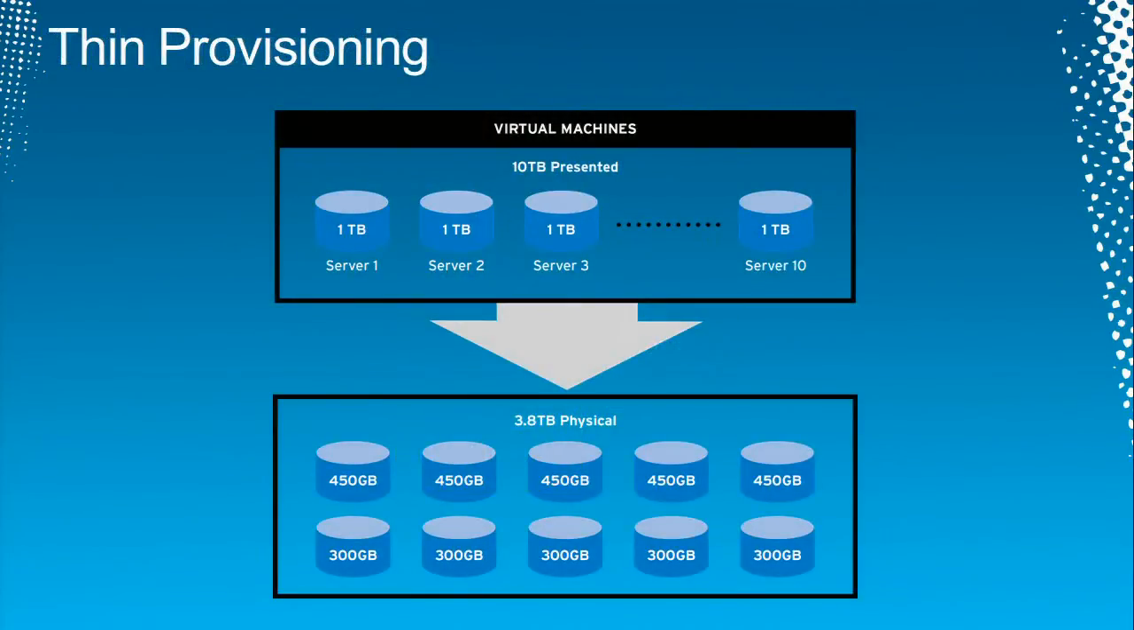So thin provisioning, again, is the idea that we can have a certain amount of space. In this case, you can see here that we've got 3.8 terabytes of physical space. We've got a bunch of 450 gig and 300 gigabyte drives. But what this allows us to do is oversubscribe or over-provision what we actually have on the system. So in the top box, what you're seeing is we've actually presented 10 terabytes of storage across 10 servers